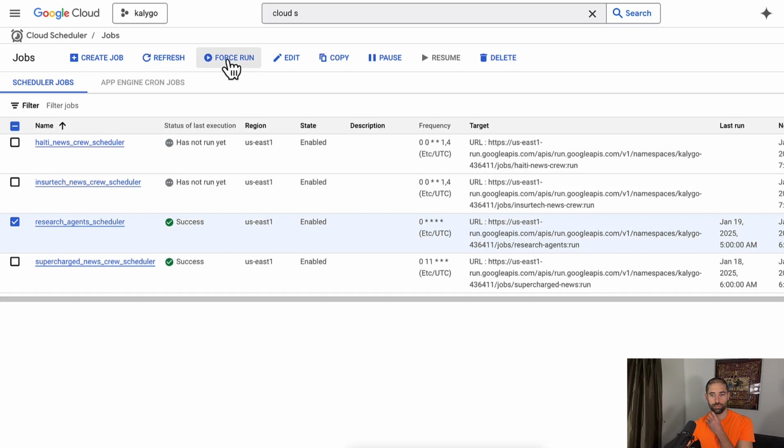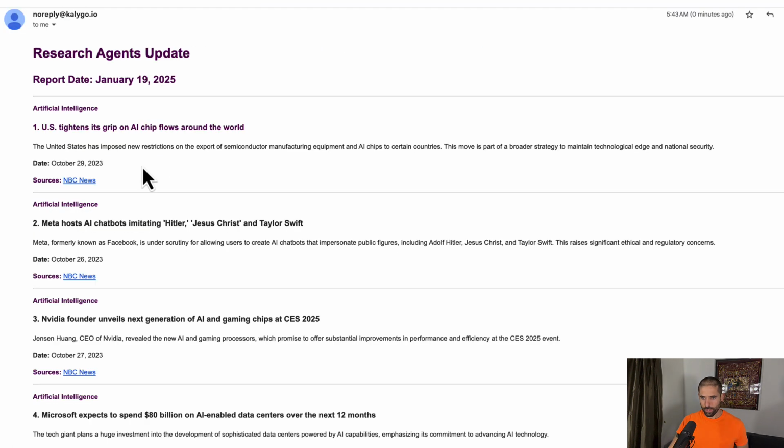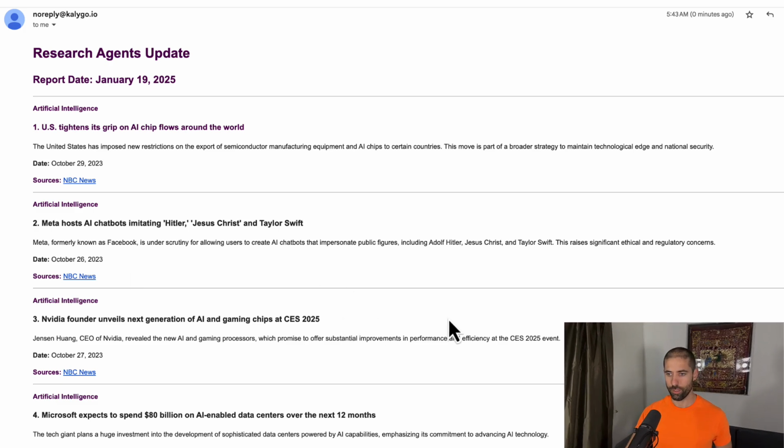Trigger our agents. Come over to the logs. And you can see the output is a little bit more related to social media. We could tweak the prompt a little bit more until we get what we want, but now you have an understanding of how the system works and enjoy the benefits that it will